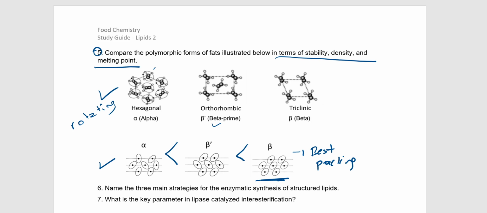In beta prime, the chains are not rotating. That's why they are packed better than alpha. So in beta form, the distance between the 3-acylglycerol chains is shorter than beta prime and alpha. And this is the best packing structure among these three. Okay, that's it. The next question is